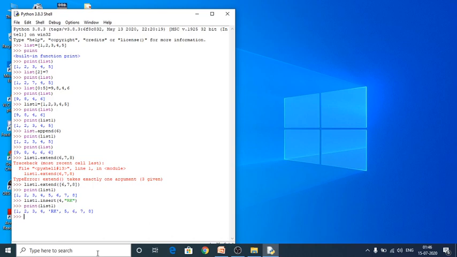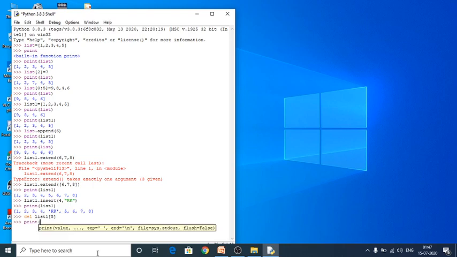Now I'm going to use del list1, here give 5. Okay, so there is no error. Now my character RK would be deleted from the list.